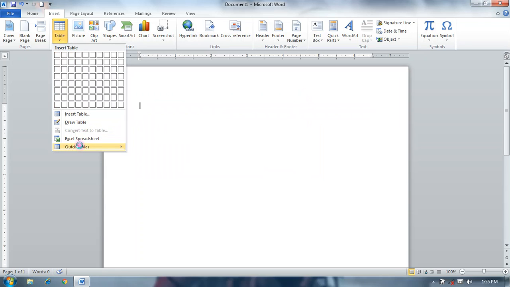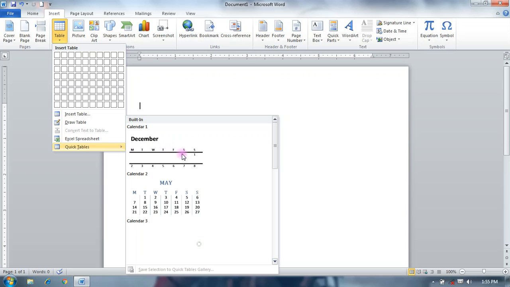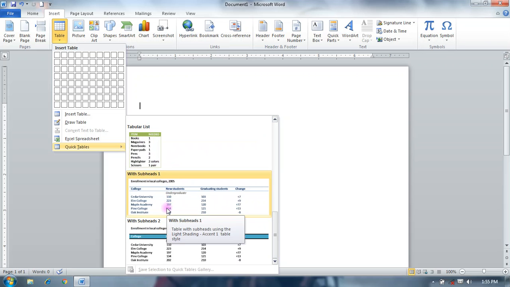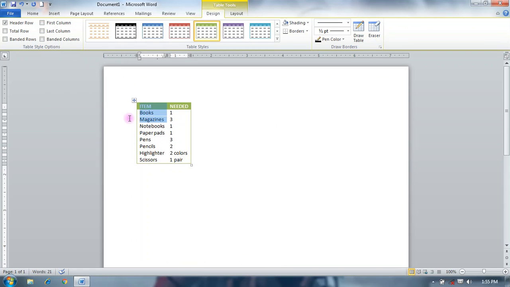And the last option is Quick Tables. Quick Tables provide layouts of your table in different designs and you can select any design and change the data as your requirement, like class, students, fifth student 41, sixth student.